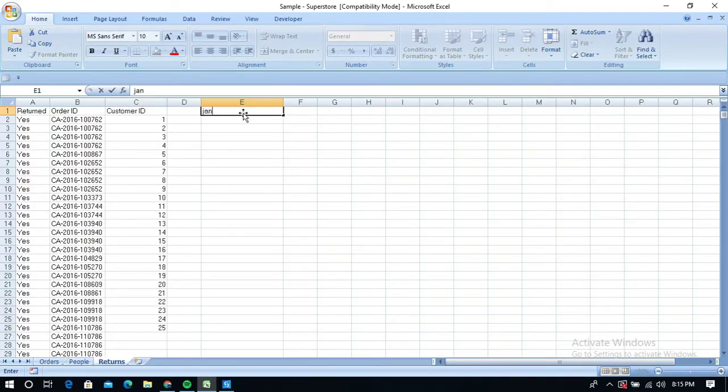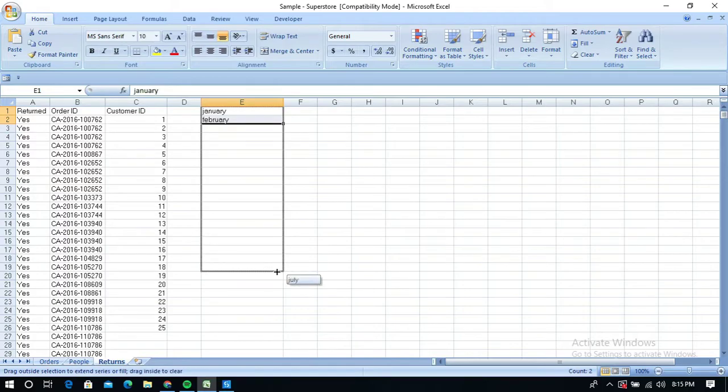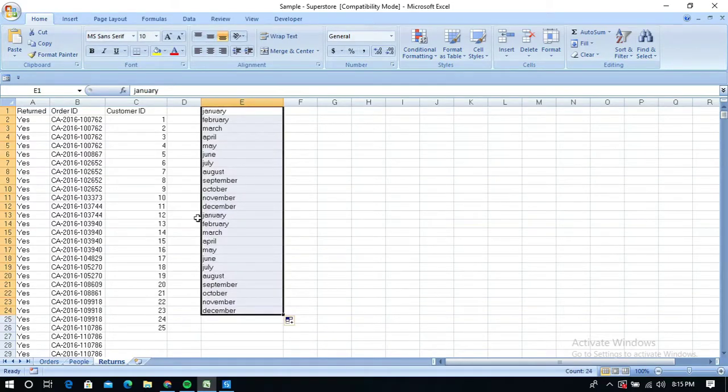Let me give January, and in the second cell I will give February. When I select these two and click at the bottom right corner of these two cells, I will just drag till my requirement, like December. It will continue to autofill the remaining cells.